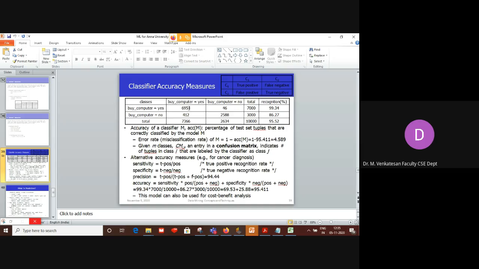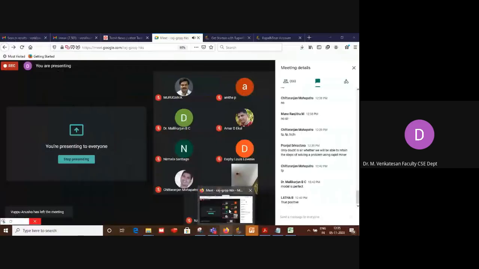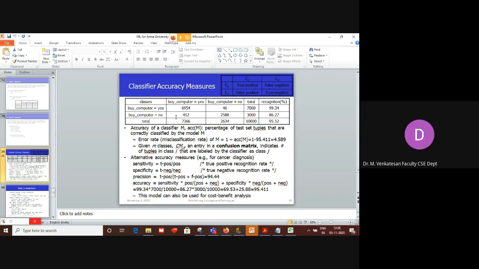What is the meaning of 6954? It is TP, true positive. What is the meaning of it? Could you please explain elaborately? The actual value and the predicted value are the same. Thanks, sir. Thank you very much.